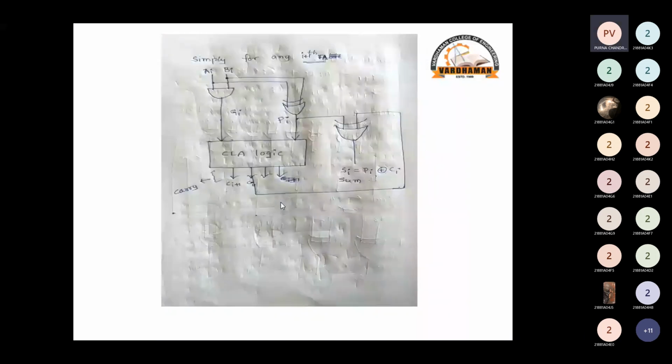Now this is for any I plus one full adder. Carry look ahead logic will determine all the carries. Here the inputs are Ai, Bi, this is Gi, this is Pi. Then it will determine all carries. Now to determine the sum of the particular full adder,